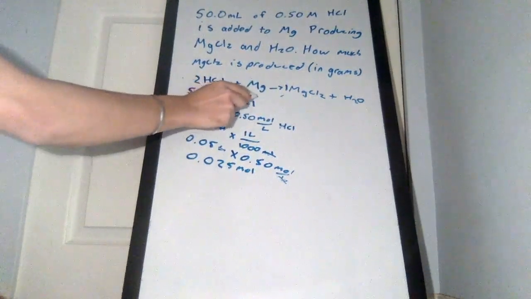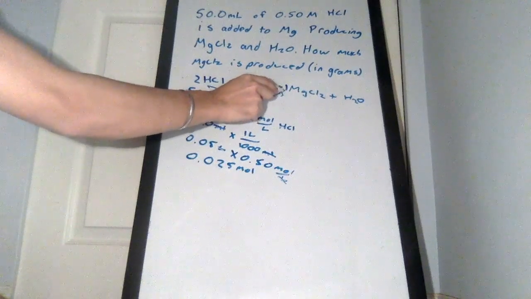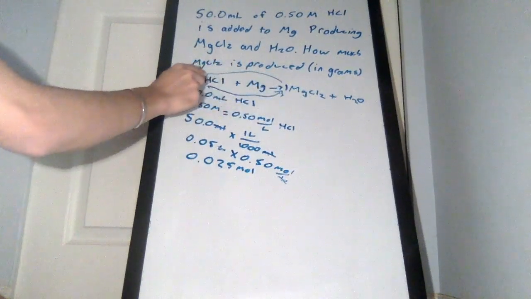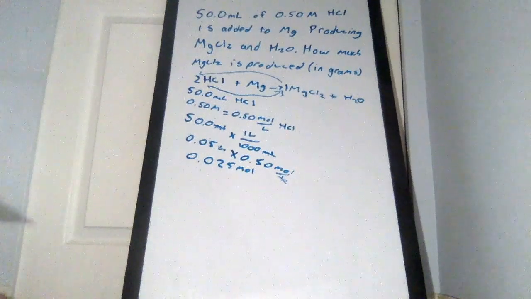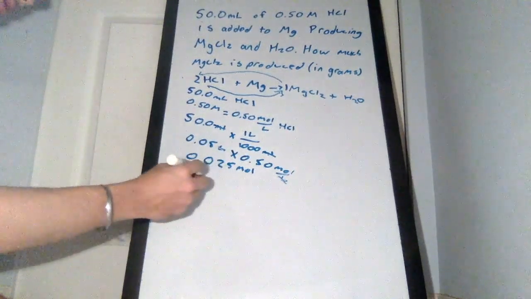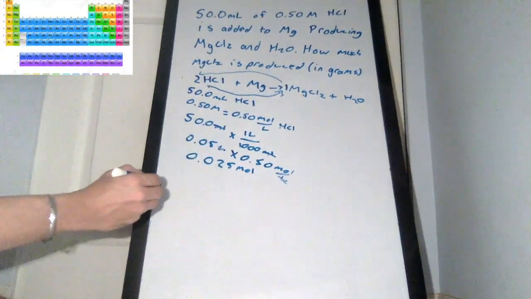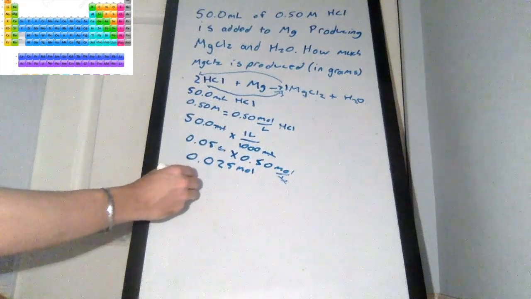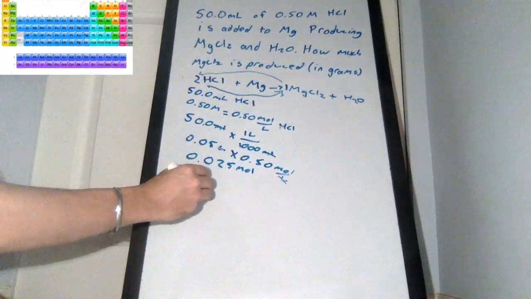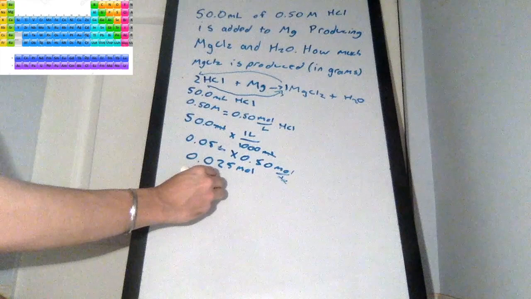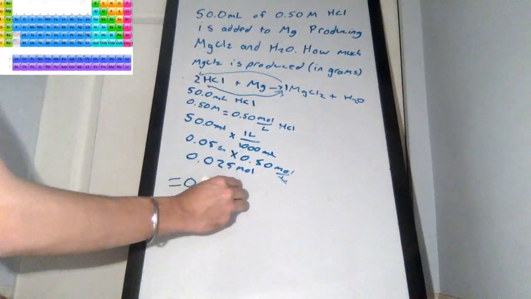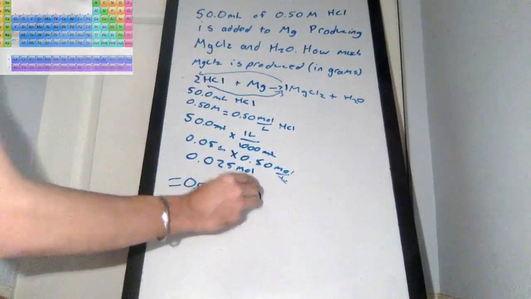So bottom line will go like this, multiply by 1, divide it by 2. So 0.025 divided by 2 is equal to 0.0125 moles